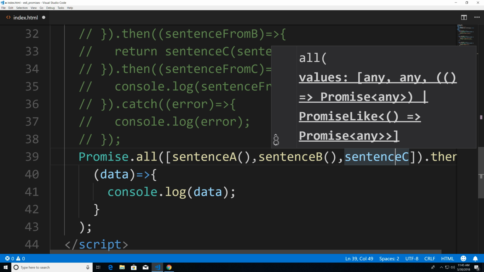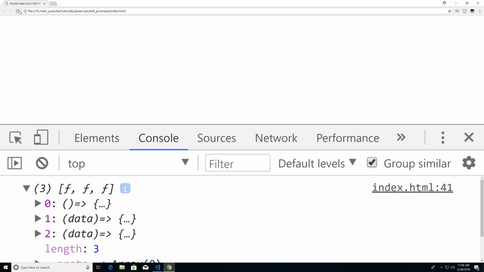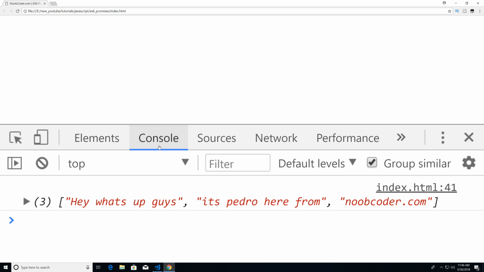So now if I continue this, and now if I save this, and now let's execute it, and this should work. And then hey, when we got the values is an array, and then it gives us, hey, what's up guys, it's Pedro here from